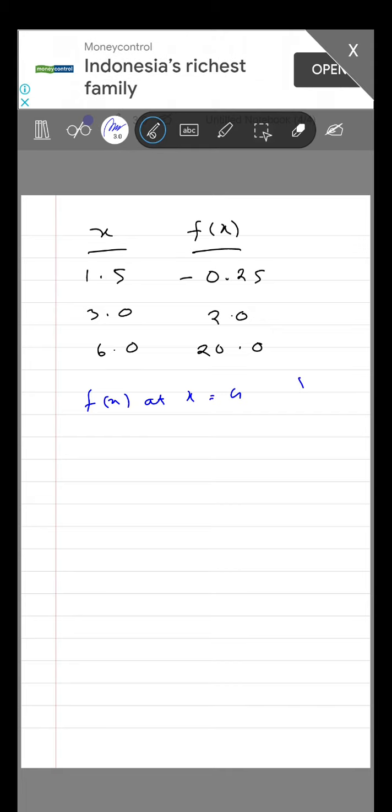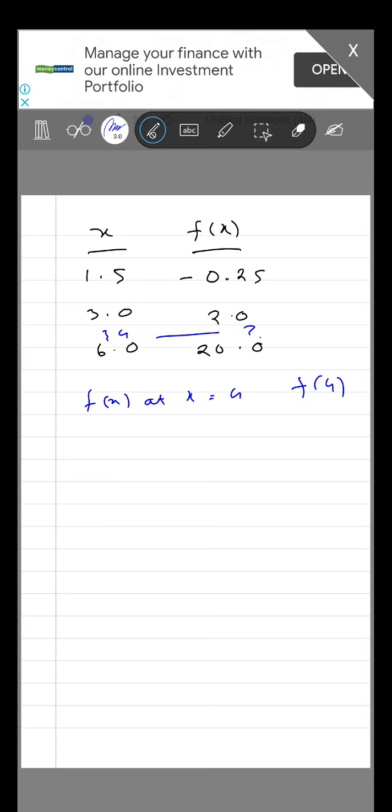That means we have to find the value of f(4), which is not given. So it lies in between these two values, and to find the value in this region, we use the Lagrangian polynomial,